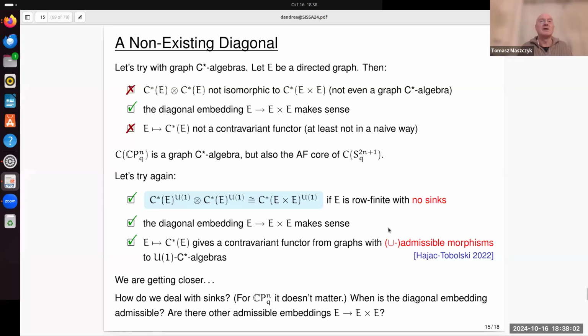So this is the first square. So this is some operation which is not related only to the product, because the product is on the level of graphs defining these graph C*-algebras, and